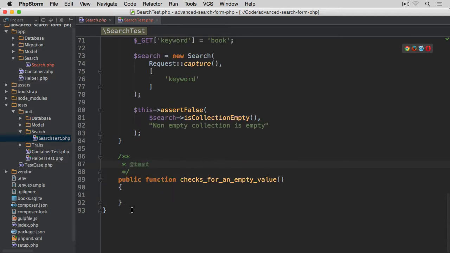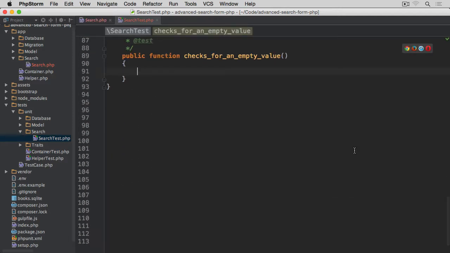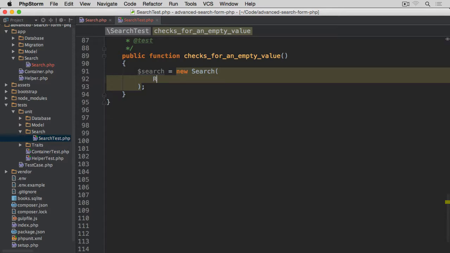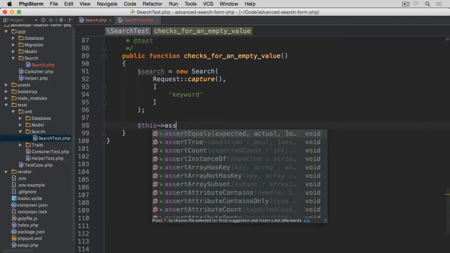Test, and let me just create a few new lines because it's quite low here. So we are going to start with a search equals new search, and two arguments. First one is again request captcha, and then array, let's say keyword, and that's going to be enough for now because we won't really be filtering anything in this test. And the first assertion, so this assert true,